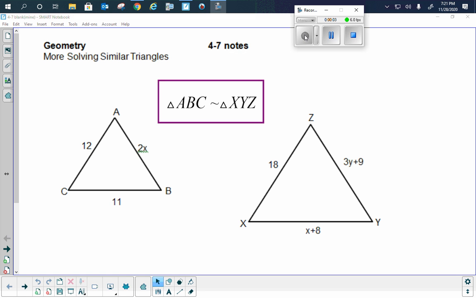Right, just reviewing real quickly in 4-7 notes. More solving similar triangles, guys. Remember, this should be the key to everything, right? That statement tells you everything. In the last section, you were working to get that statement, right? You were saying, are the triangles similar? That statement right there says triangle ABC is similar to triangle XYZ, which means flat out, you can go right